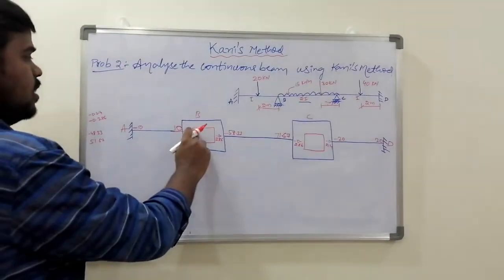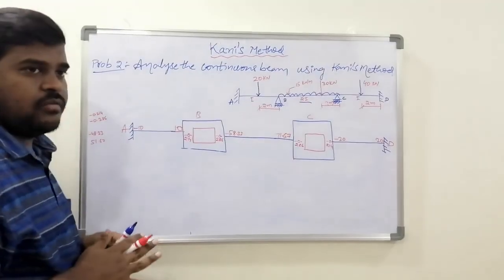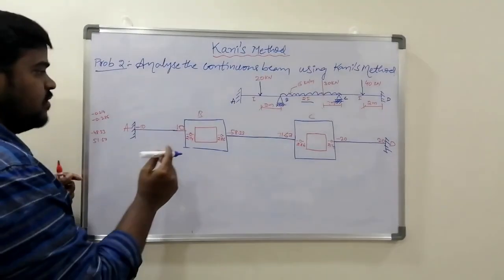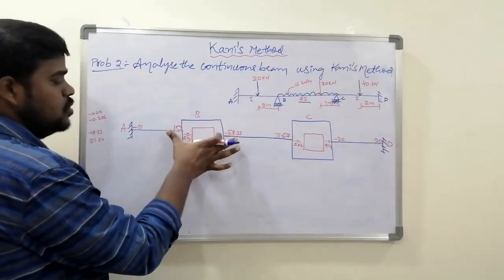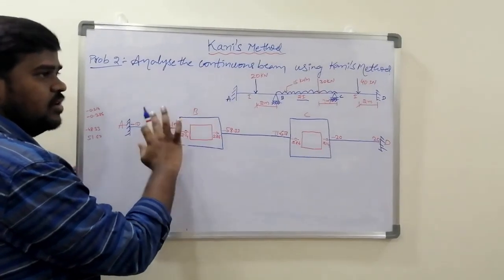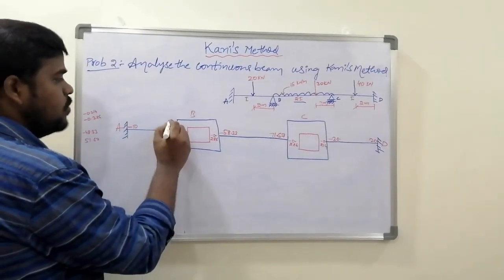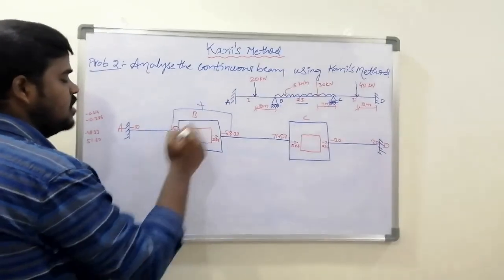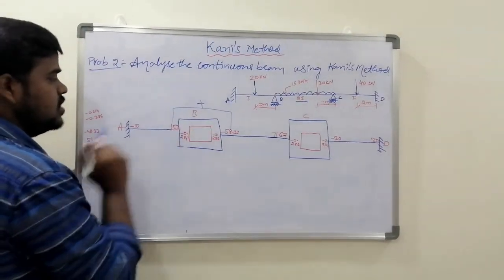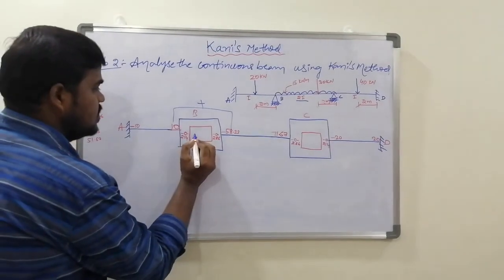So in the middle box or rectangle, what do we have to write? Here we have to add these two fixed end moments of B, that is 10 plus 58.33. We have to add these two. That value must be written in this box, and that is nothing but